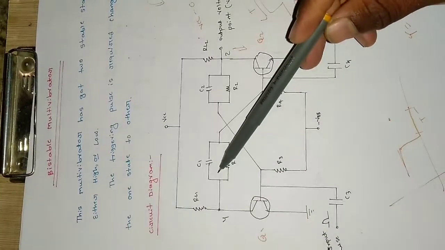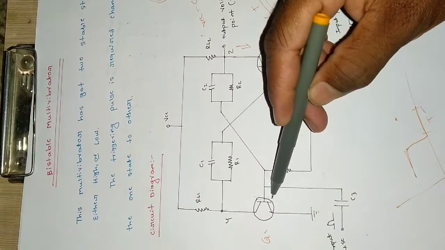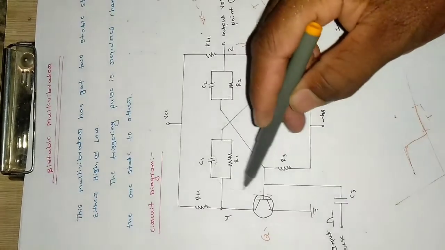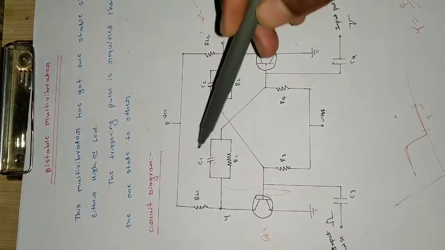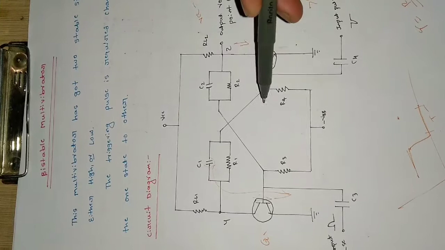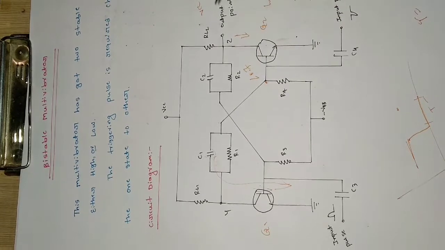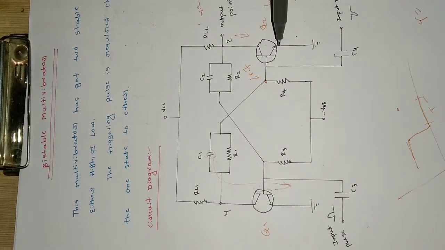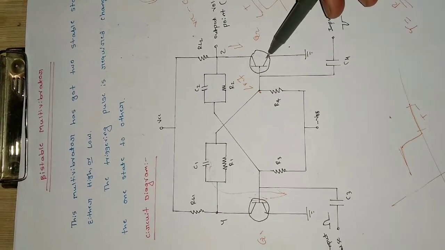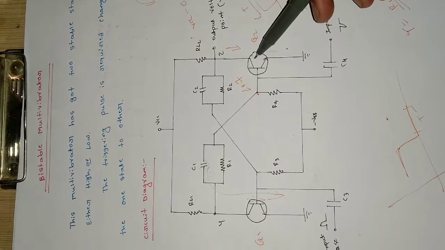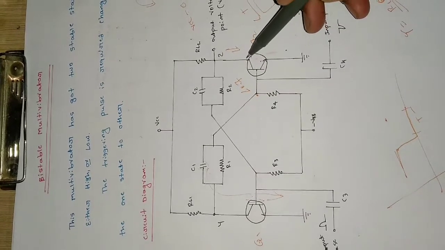So the voltage at this point is going to decrease, and when the voltage at this point decreases, this capacitor will discharge through this path. So this capacitor is discharging through Q1, which means the voltage, because the capacitor's other end is connected to the base of the transistor Q2, will fall below 0.7 volt. So when the voltage at this point falls below 0.7 volt, Q2, which was earlier conducting or in the saturation region, will move into the cutoff region, so it will become open circuit here. That means it is switched off.